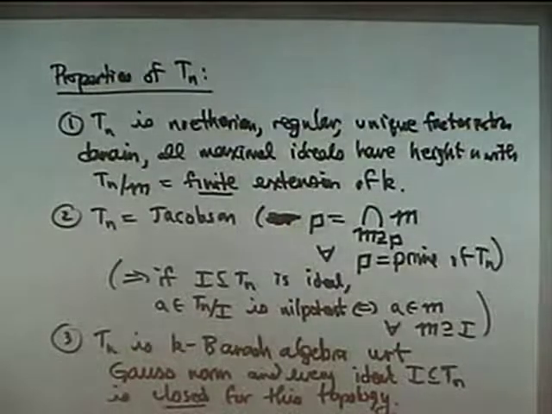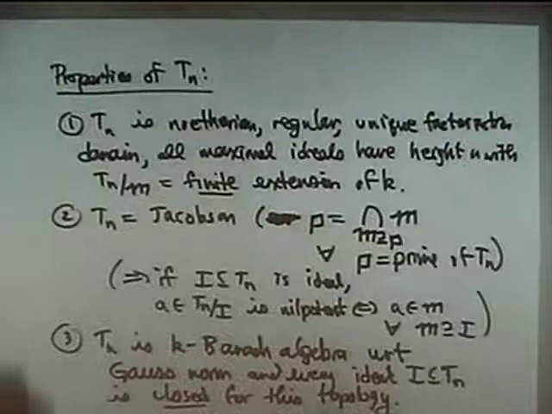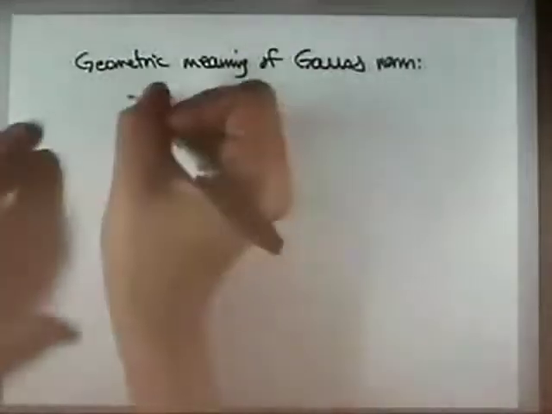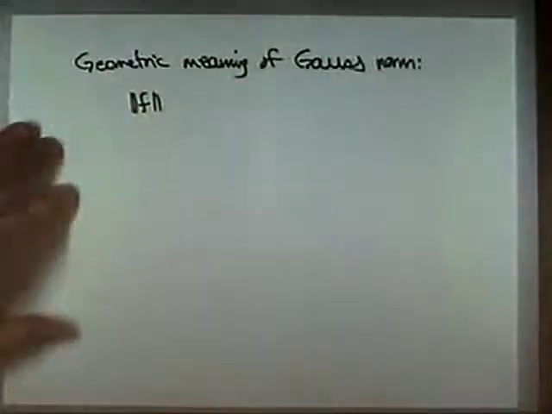So these are the basic properties. Now I'll give you a geometrical interpretation of the Gauss norm, which is going to explain its importance. Some of you may have studied the theory of the Gelfand transform. There's this sort of relationship between compact topological spaces and their spaces of continuous complex valued functions, and there's a nice relationship. Although if you don't know what that is, just ignore it. So the geometric picture is this: in the Tate algebra,